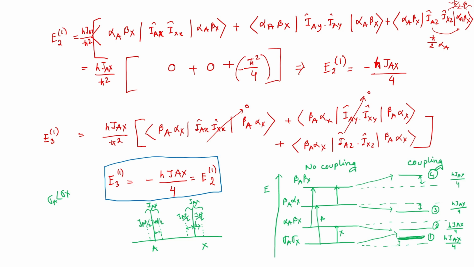Next, we are going to discuss, if there is time. Yes, there is some time. I will quickly discuss this. So this is for an AX system where A and X have different electronic environments and are some way far apart. Now we are going to discuss a situation for